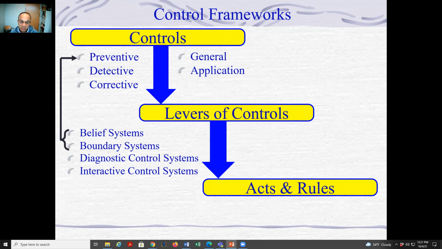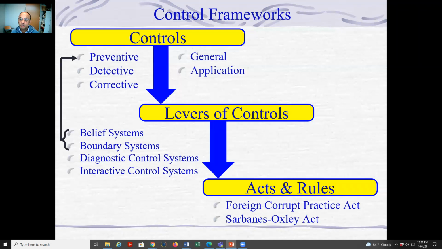Then I ended my presentation last time, in the previous video, talking about the Foreign Corrupt Practices Act and the Sarbanes-Oxley Act. In brief, I said the Foreign Corrupt Practices Act puts restrictions on governmental employees from taking any kind of benefit for the sake of giving unfair advantage to the organization or person. Then we said the Sarbanes-Oxley Act is the act that was issued in 2002 regarding the CEO and the CFO, that they should be responsible for the reliability of the financial statements, the compliance with law, and the effectiveness and